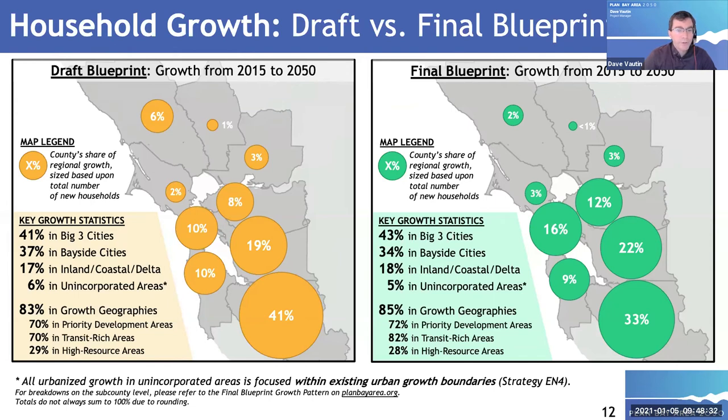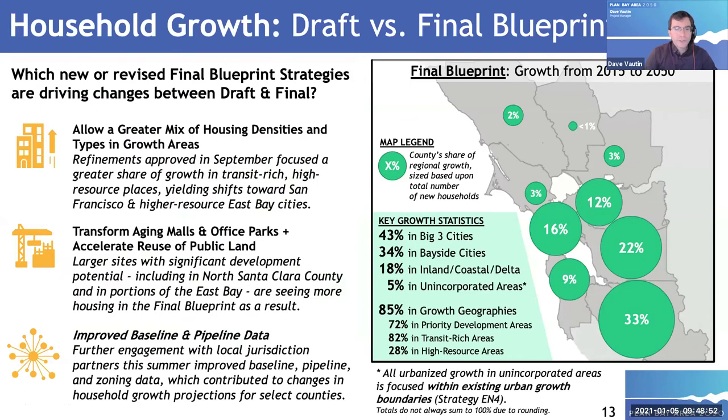There's also more growth in the city of San Francisco and in portions of the East Bay, with less growth in Sonoma and Napa counties compared to the draft. Check out planbayarea.org to see even more detail at the county and sub-county levels, and stay tuned for our next item on RHNA, which will pivot to the city-level housing data. So what drove these shifts in terms of the